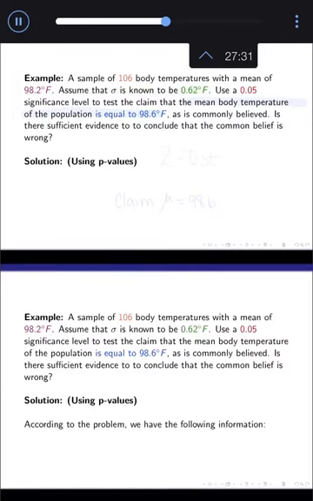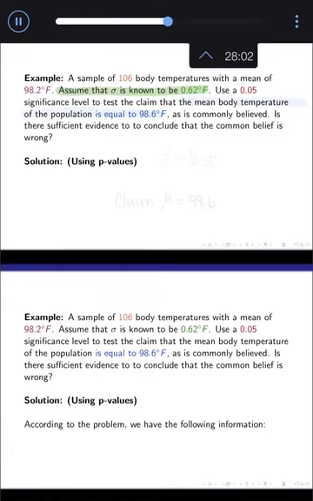Let's try one last problem here. Again, we'll do it using p-values first. We have a sample of 106 body temperatures with a mean of 98.2. Assume that sigma is known to be 0.62. That one sentence that we just read is super important, because they told us that we have sigma, which means that